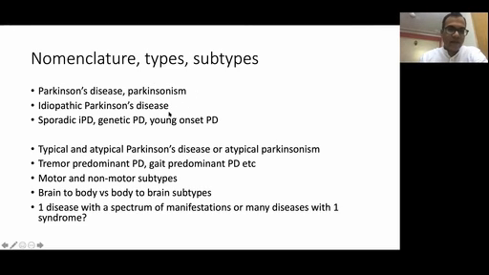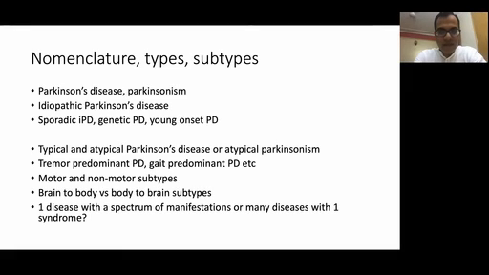How to come to that diagnosis, I'll come to that. So idiopathic Parkinson's disease also now can be considered as a sporadic idiopathic Parkinson's disease or a genetic Parkinson's disease, where a mutation that can cause or predispose to Parkinson's disease may be called a